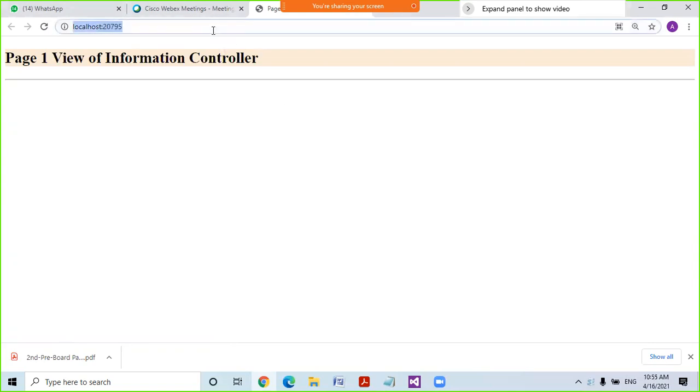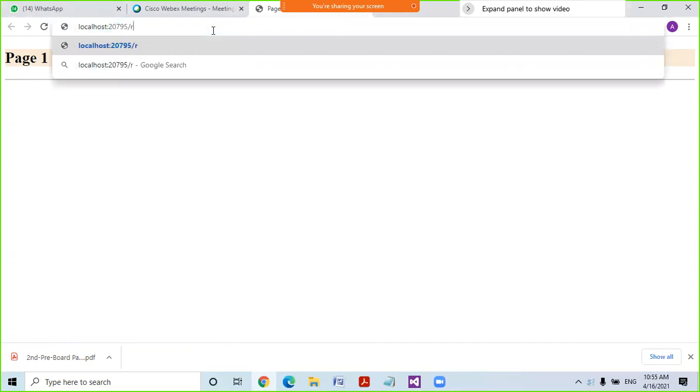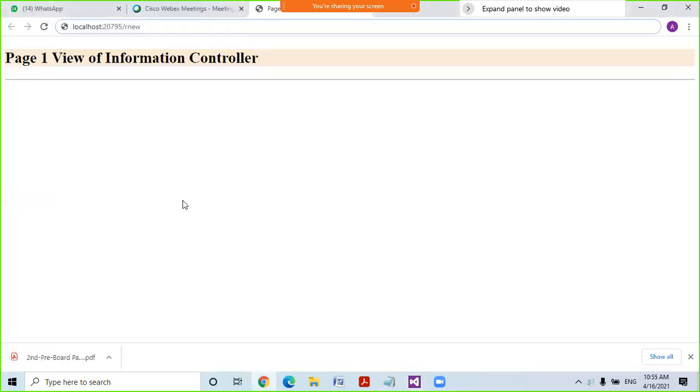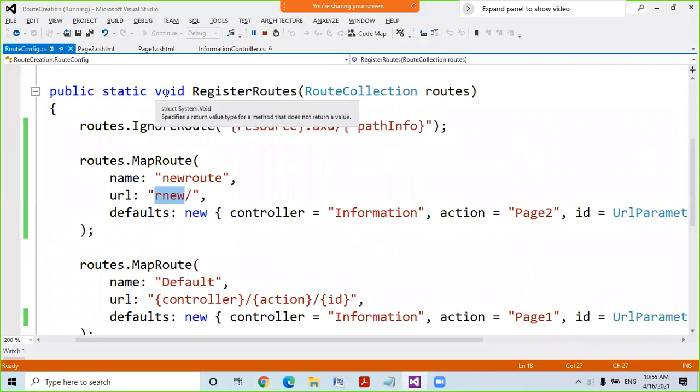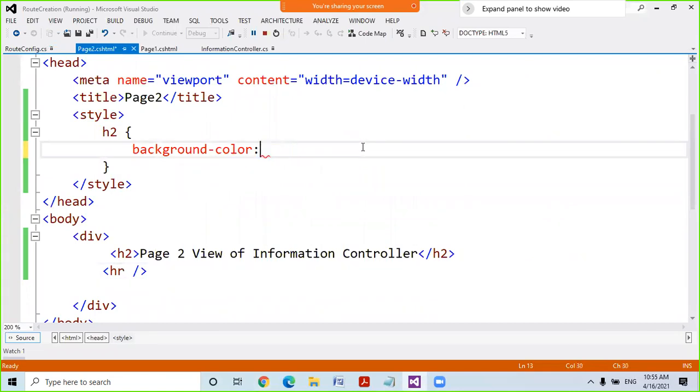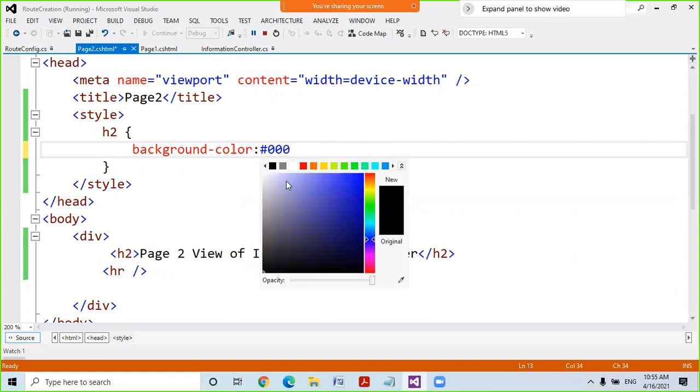Now I want to test my newly created root. तो rnew. Once again I want to check the URL rnew. That's it. Rnew. You can see that the page 2, yani page 1 is changed with the page 2. Understand? If you are getting confused, I can change the color of the page 2, then you will better understand. Take any other color, and let me take some dark color right now.